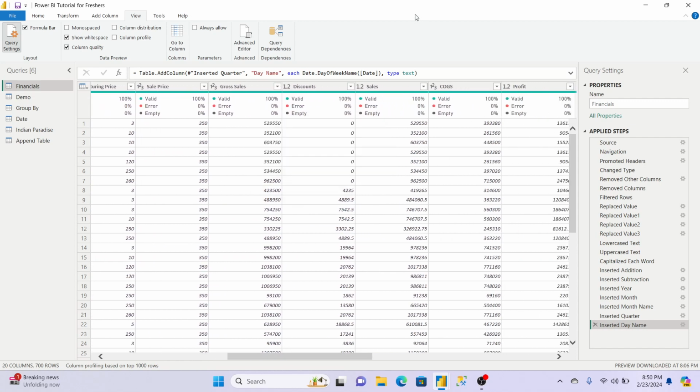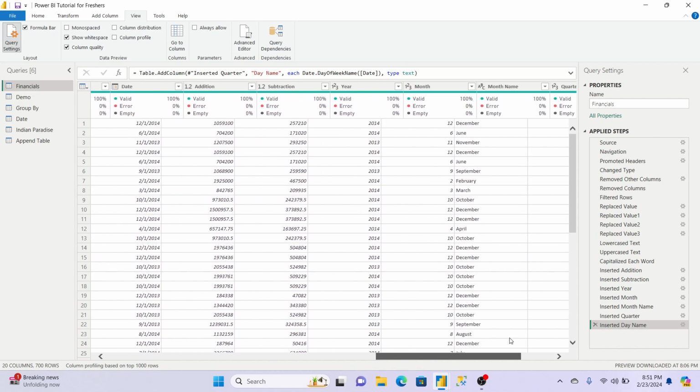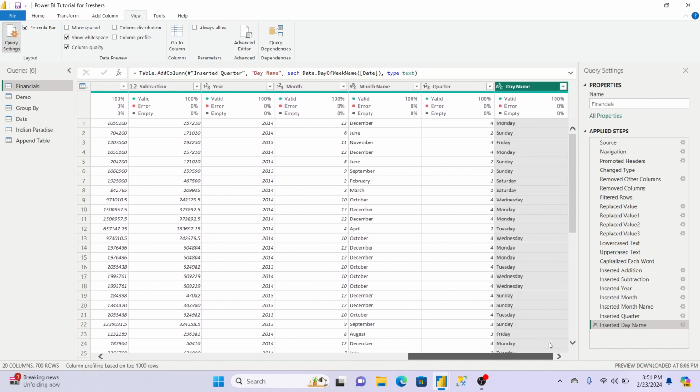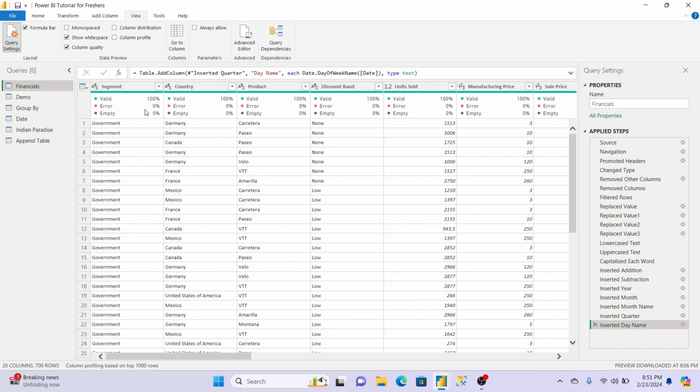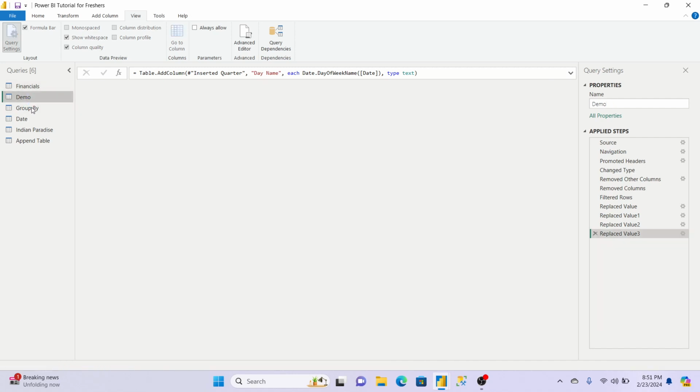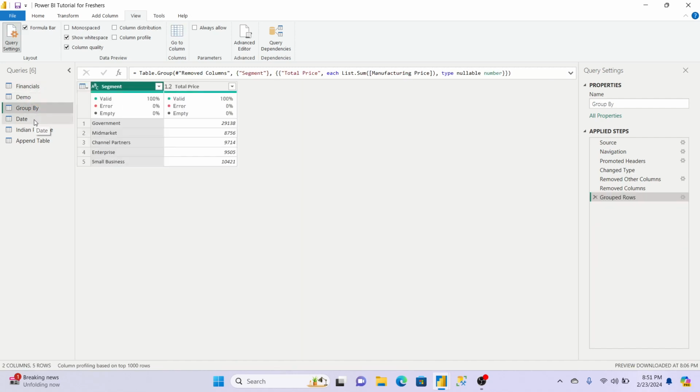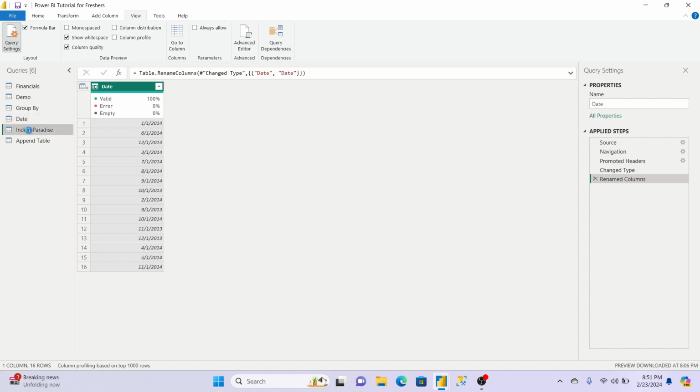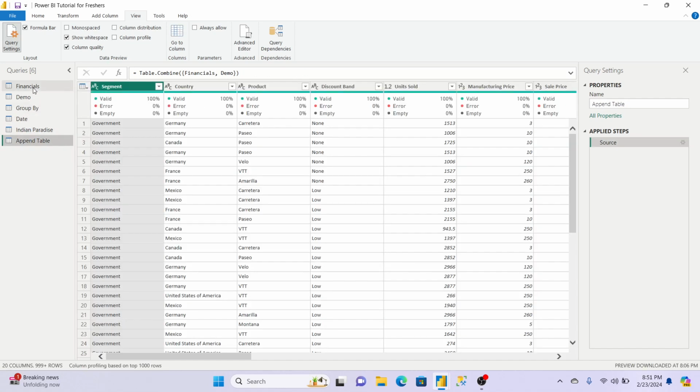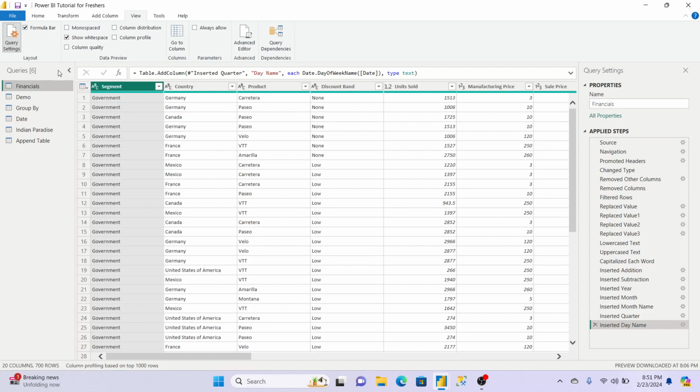For example, if errors are there, then it will show 10% error. Or if, for example, 100 rows are there in our column and 20 rows are blank, then it will show 20% empty in this case. But right now in our data set, everything is valid, no errors and no emptiness. So this column quality option is going to show you these things.